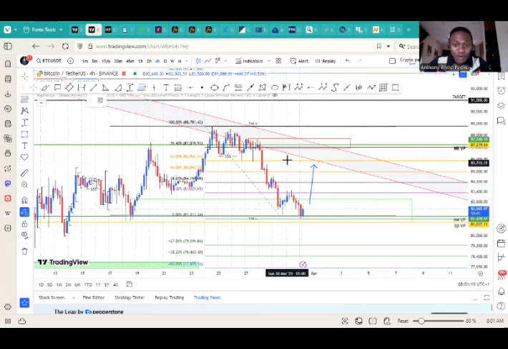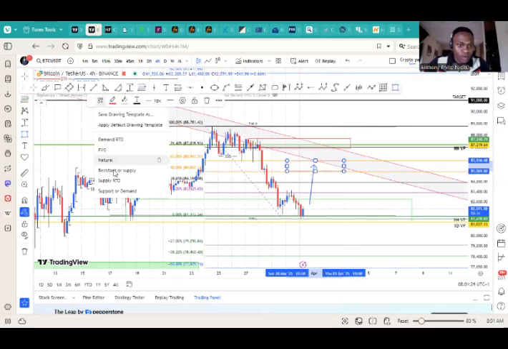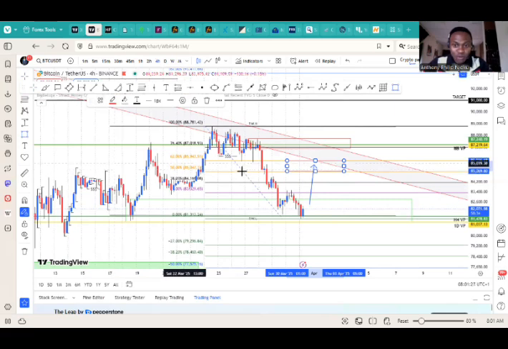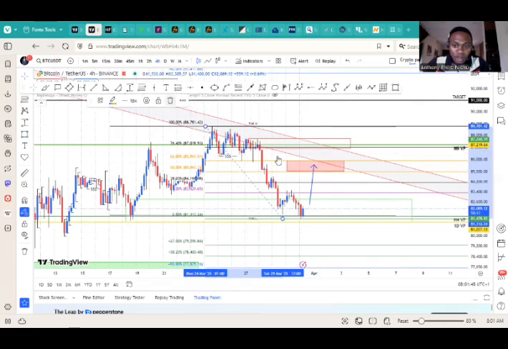And we also have a fair value gap here. So once the market gets here, when I get my buy structures, I will just take it. But I see that there's going to be a buy structure setting in currently, and it's going to start from tomorrow, April. It's going to be at least a new month move. So that's what I see currently for BTC against USD.